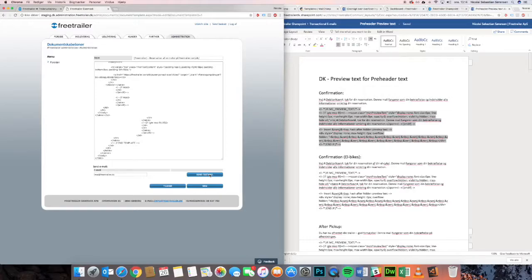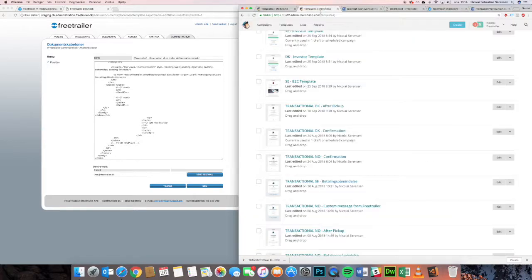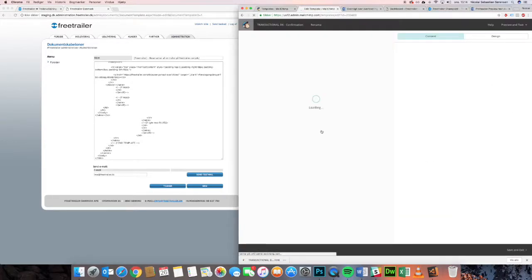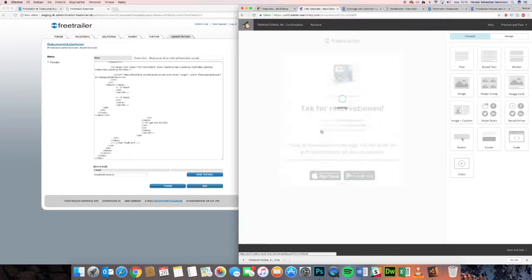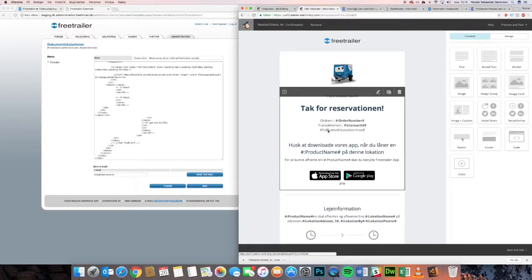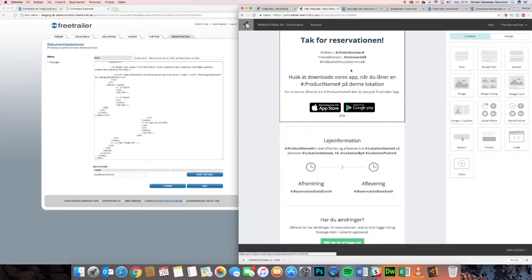The thing you have to keep in mind is that you will see the mail just like you see it in here, and you will not be able to see how the shortcodes actually work. So it's just going to say order number instead of having actual details. Also, it doesn't take into account if Bluetooth location is true. So this just means that you don't get the functions when you send